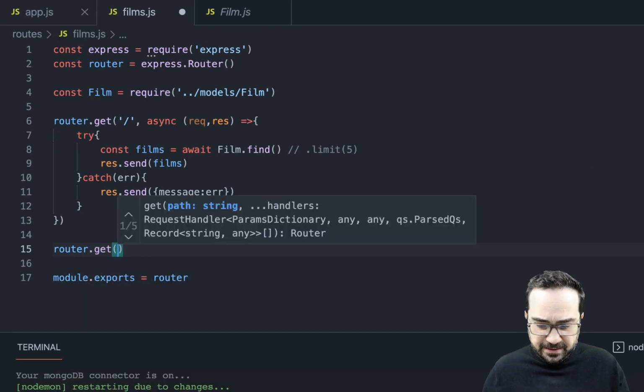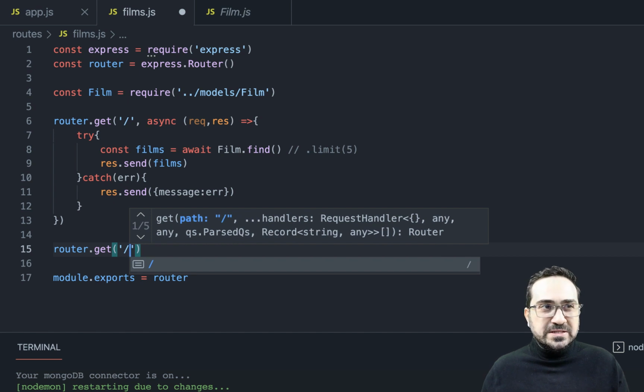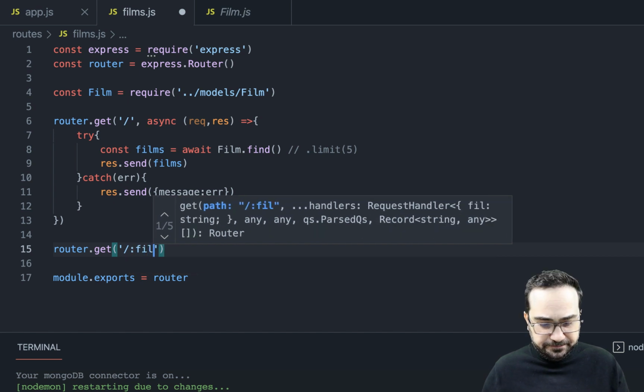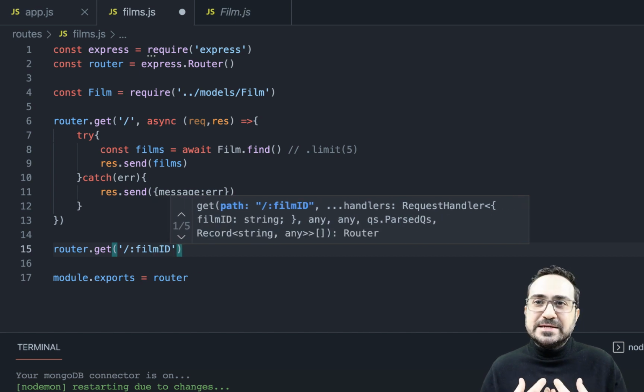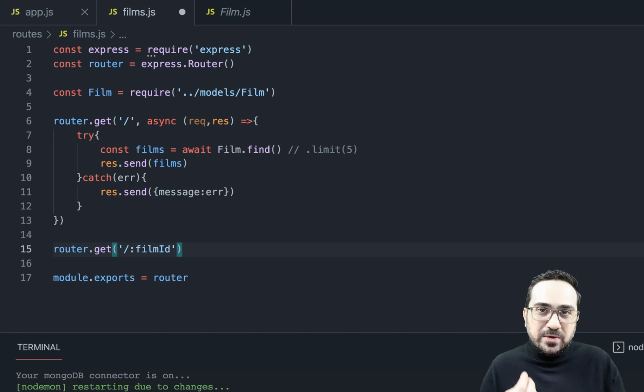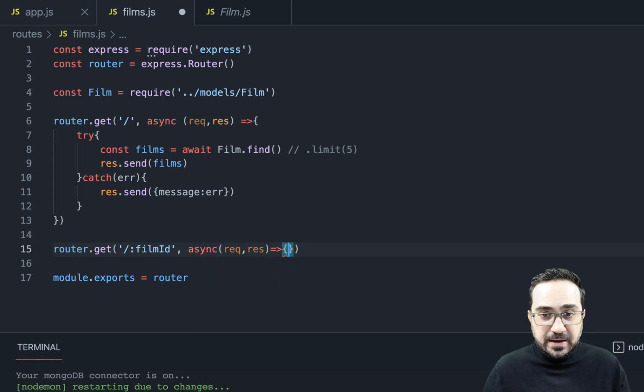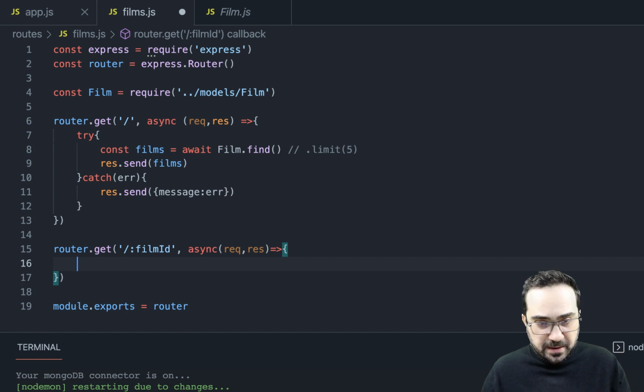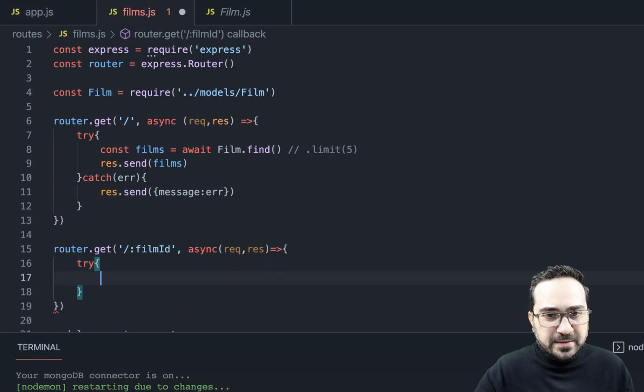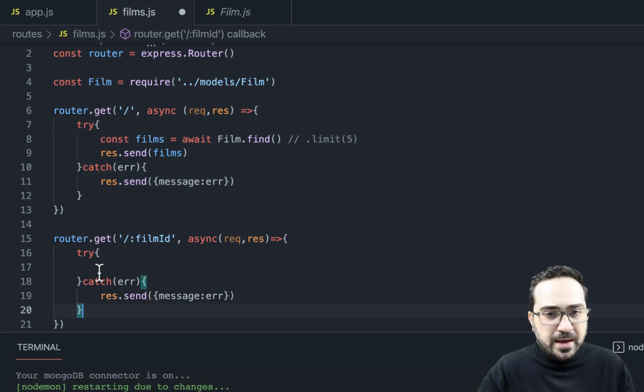Router.get. Okay, again, I will go now to something like this, filmID. So I create a small variable here, I will call it like that. And this filmID will be what the user will give me. Okay, so the user will give me an ID. I will make an asynchronous call. Now we know that when we always work with MongoDB, we make this asynchronous. I will try here, and I will catch there. I will just copy this because I'm bored now of typing again. And as before, I will just copy this as well.